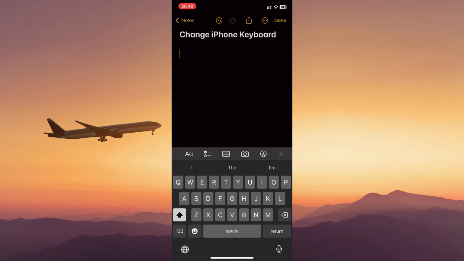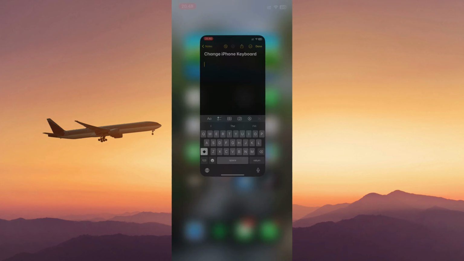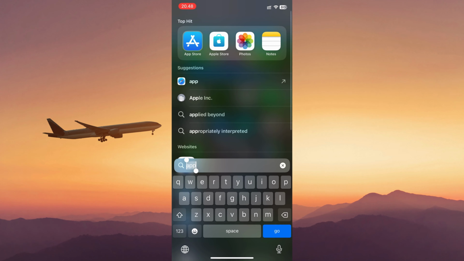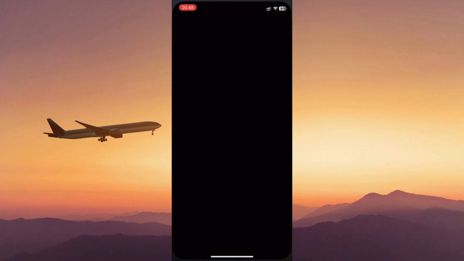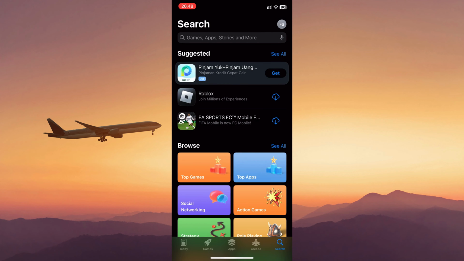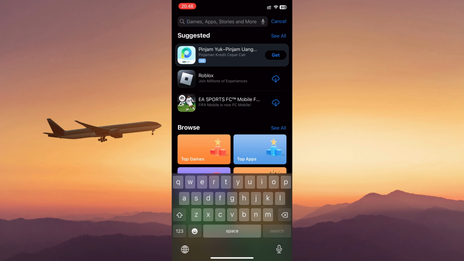How to change your iPhone keyboard background. So the first thing you have to do is you want to install the third application. You want to go to your App Store right here, and then on the search bar you want to search for Gboard